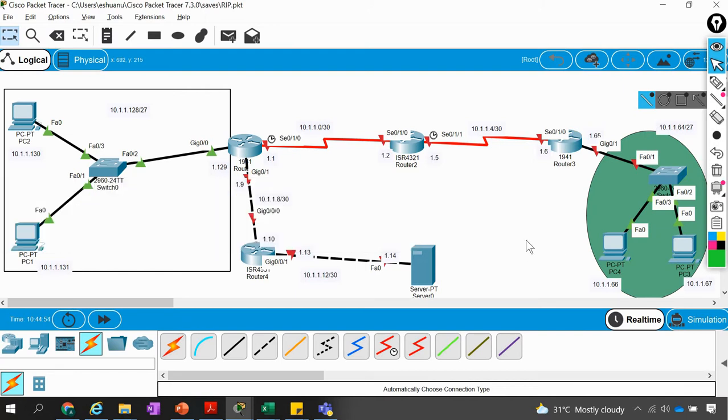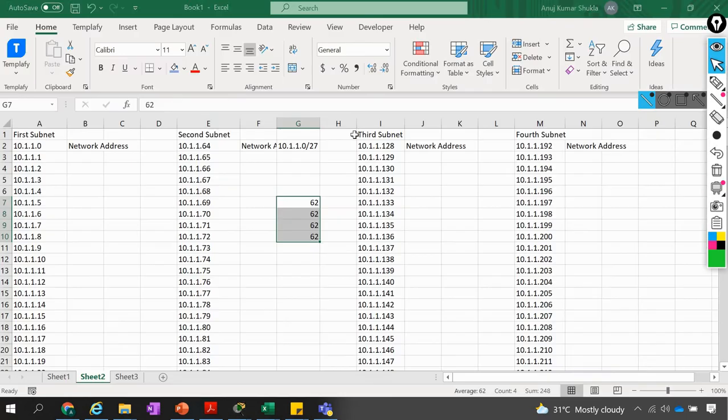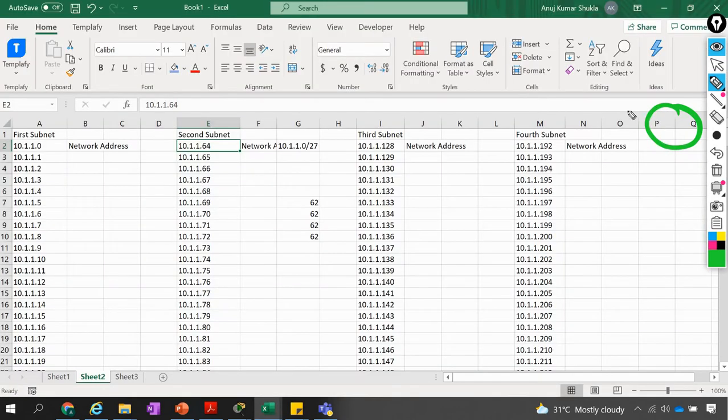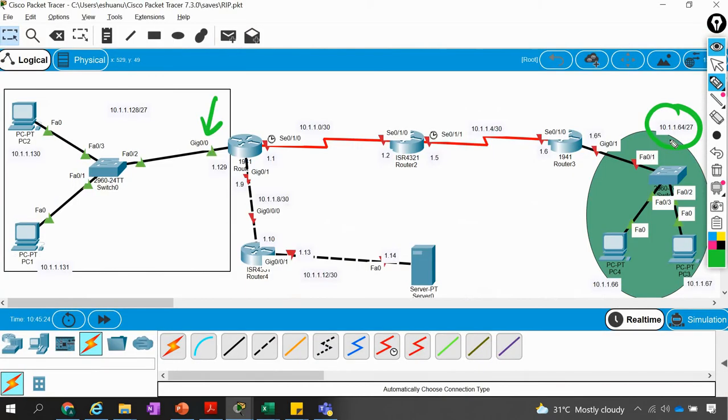What I have done here is I am using this 10.1.64 network here, this one. This is our first subnet, and I'm using the second subnet here on this one.